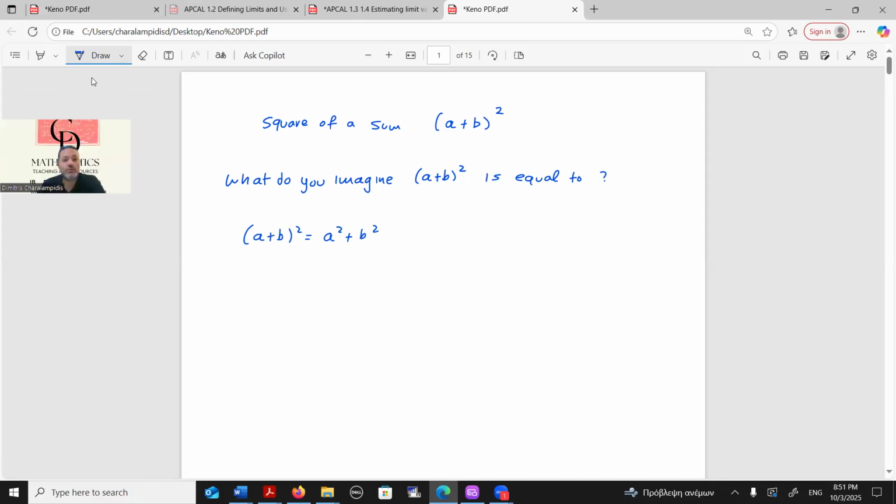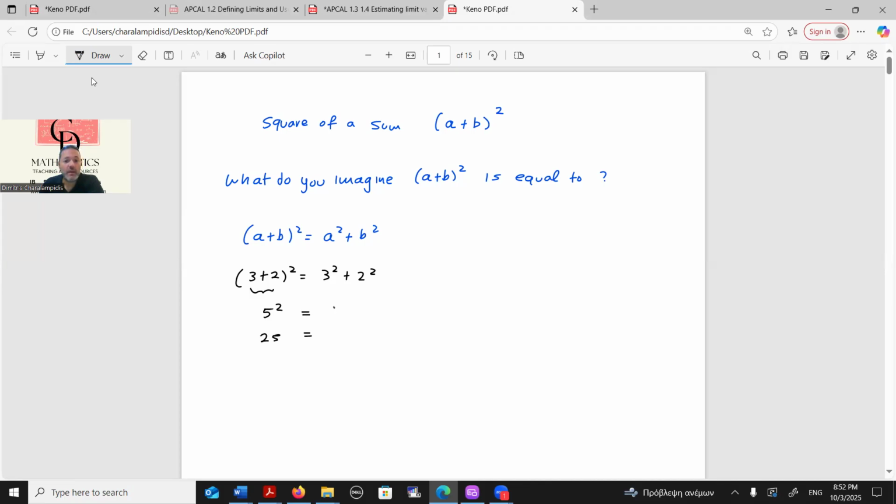In this case, we introduce the concept of counterexample. We can see together that if that was true, if indeed A plus B all squared is equal to A squared plus B squared, then it would be true for any random combination of numbers we can imagine. So it could also be true for the case of 3 plus 2 squared. So if that was true, then 3 plus 2 squared would have also been equal to 3 squared plus 2 squared. But of course, we all understand that 3 plus 2 is 5, and 5 squared is 25, while on